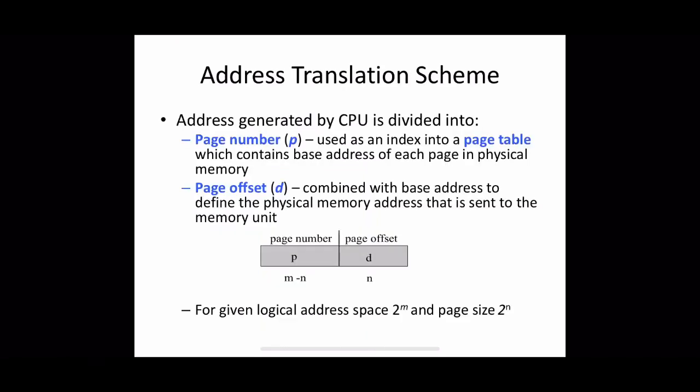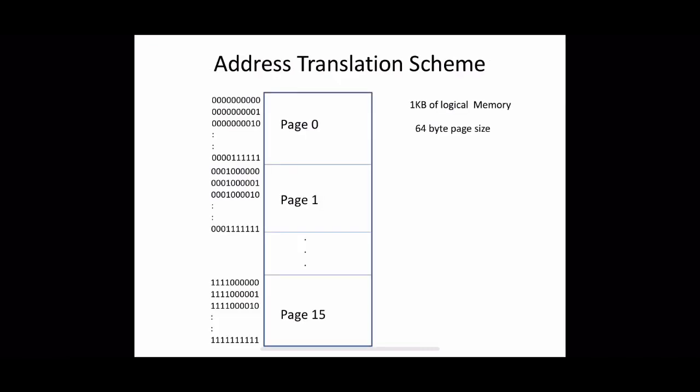Now, how can we get the page number from this address? So this is the logical address, right? 0 to 1023 is the logical address. From this address, how can we get the page number? If we analyze these addresses, we can easily get the answer. See the first page, page 0. We have 6 different bits to represent the offset, right? That will be 0 for the first location and all 1s for the last location within a page.